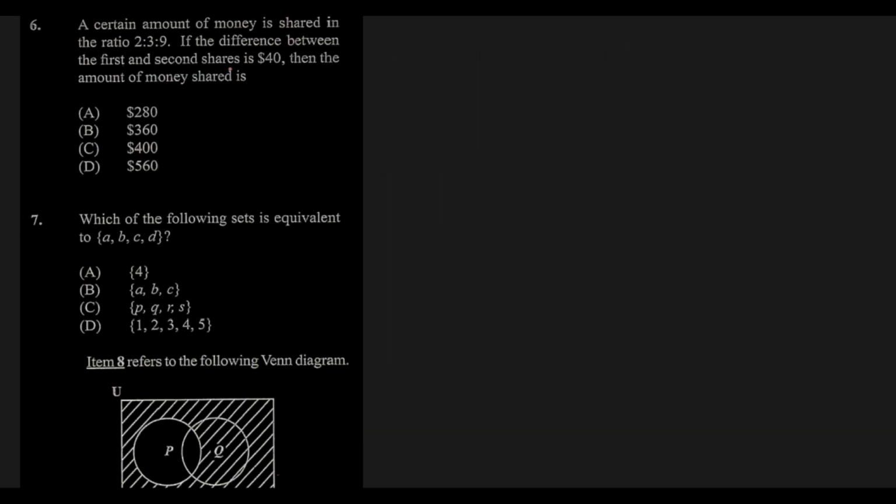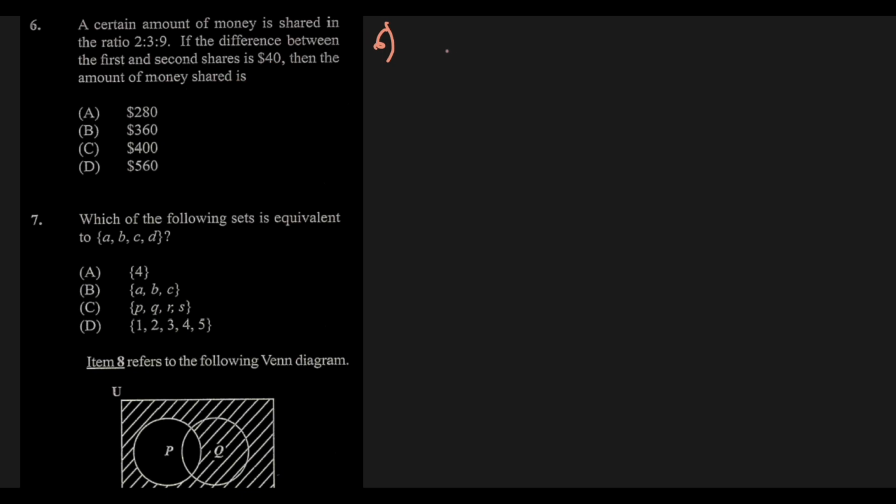Ratios. This is one of the questions that shake most people and get most people frightened, right? But we got this. We got this. So it says here we have a certain amount of money that is shared in the ratio 2, 3, 9. It says if the difference between the first and second shares is 40, then the amount of money shared is,